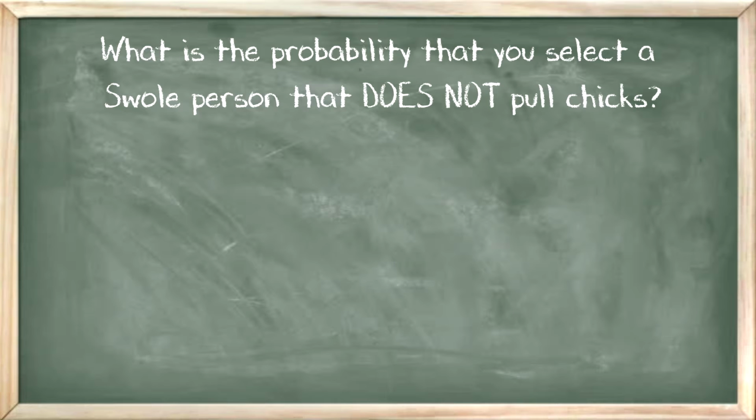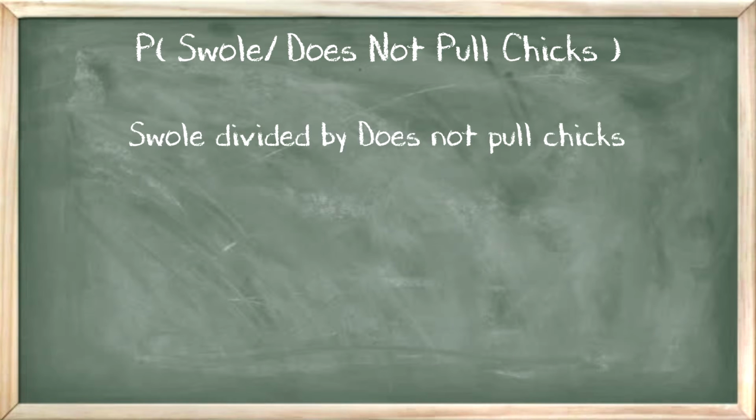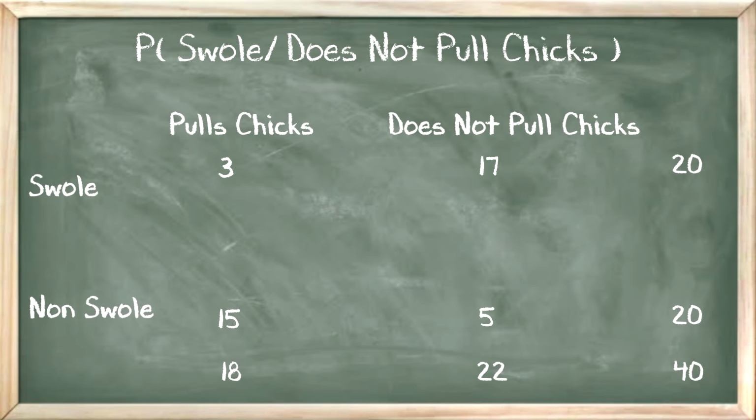What is the probability that you randomly select a swole person that does not pull chicks, using the table? First, you think of it as a fraction, so the probability of swole, given that they do not pull chicks, means swole divided by does not pull chicks. Using the table, we can find that the probability of swole, given that they do not pull chicks, is 17 out of 22. You find 17 out of 22 by first looking at the does not pull chicks total, because it is given that the selection does not pull chicks. Then you look up towards the swole column and find the corresponding swole number, which is 17, making the fraction